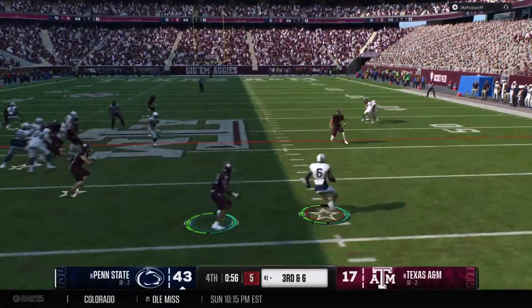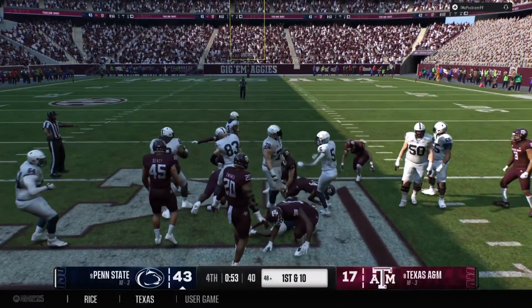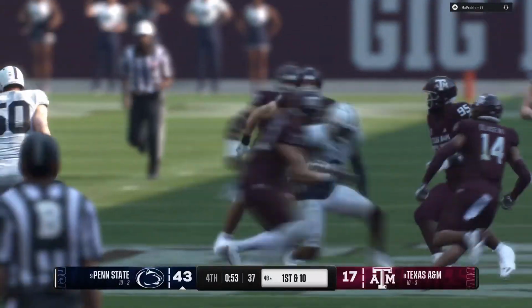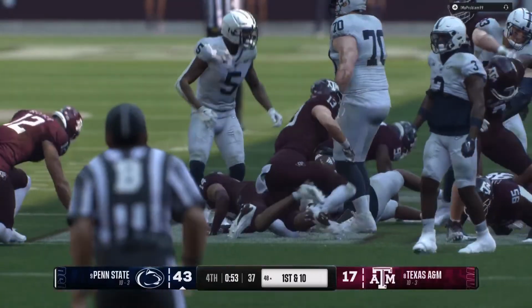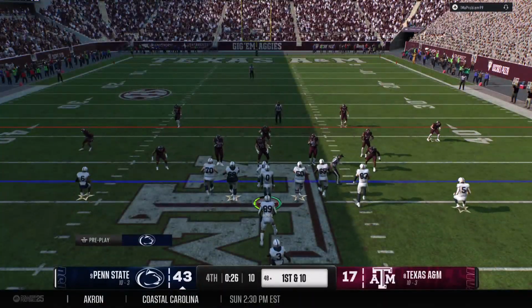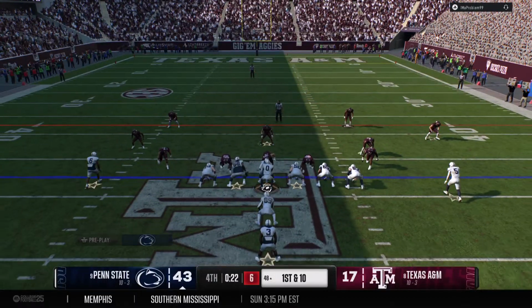Oh, the reverse. Tackled across midfield at the 48. Good enough for a first down. Well, why not, Chris? These guys have been doing it all year. This offensive line has been a staple, and this back has the vision to be able to find that crease to get the first down, and you're that much closer to advancing.